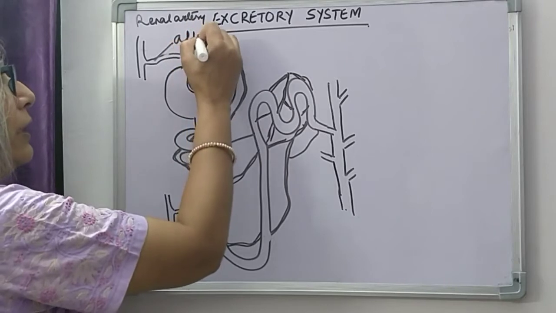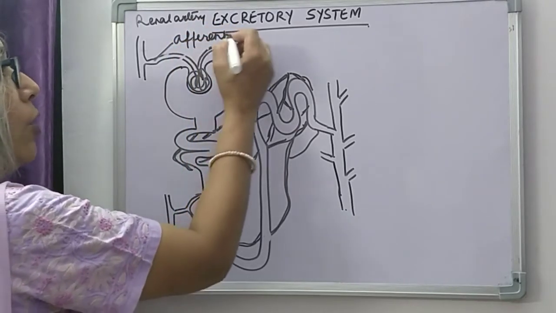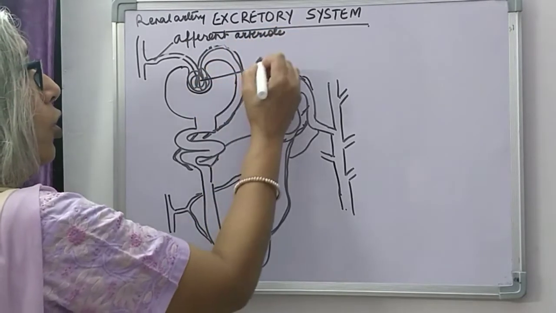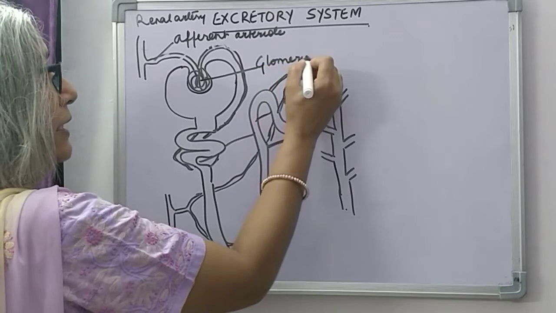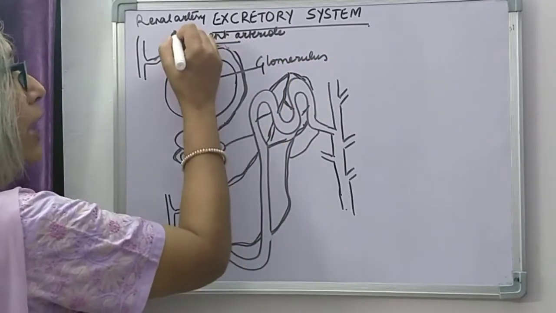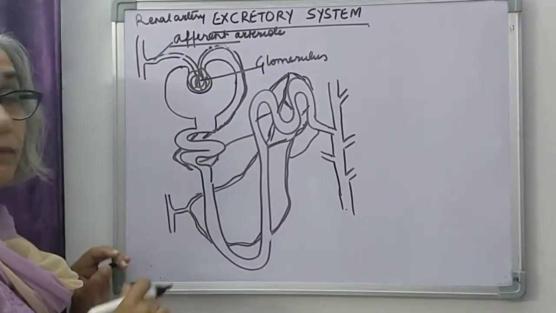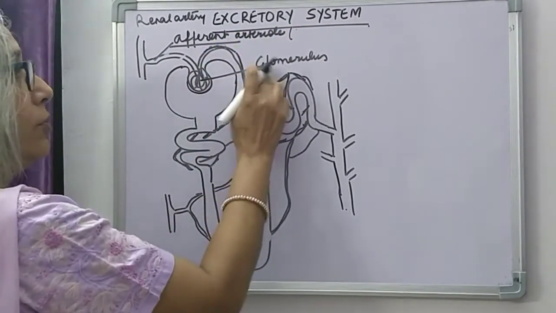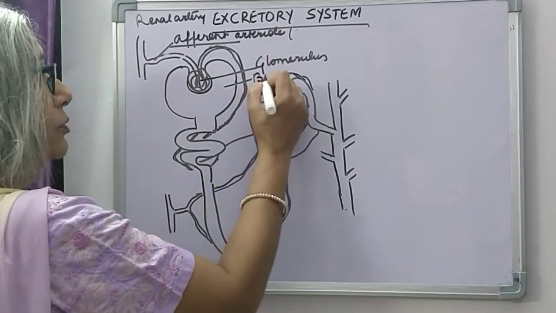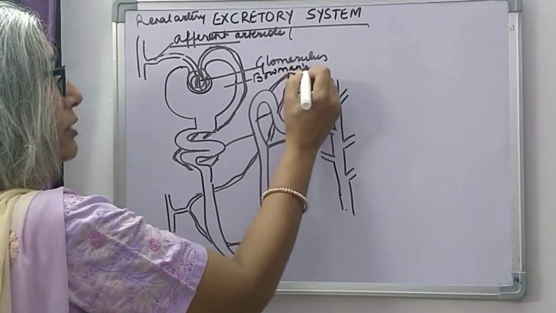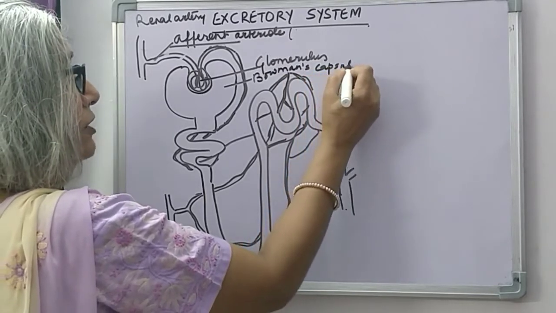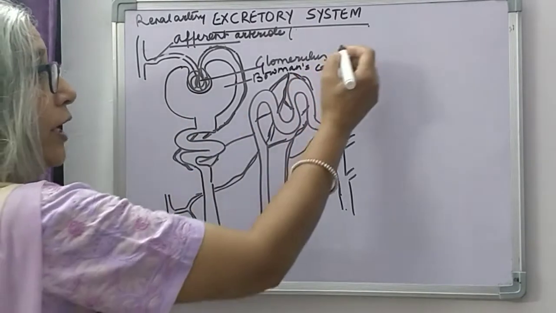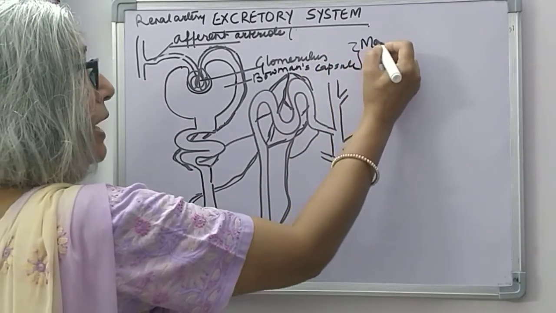The arteriole that enters into the Bowman's capsule to form a capillary network called the glomerulus is the afferent arteriole. This afferent arteriole is going to form this glomerulus. This is the cup-shaped Bowman's capsule, and the invagination of this Bowman's capsule holds the glomerulus. Together we call this the Malpighian capsule